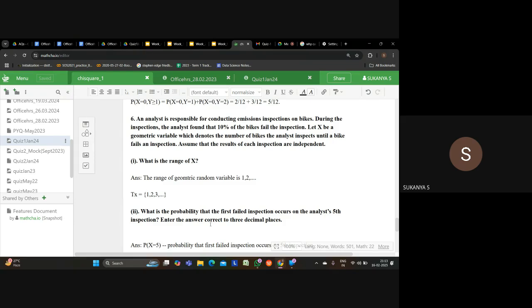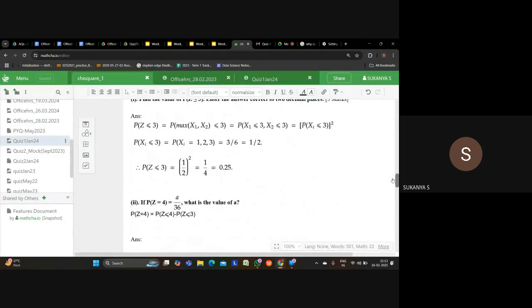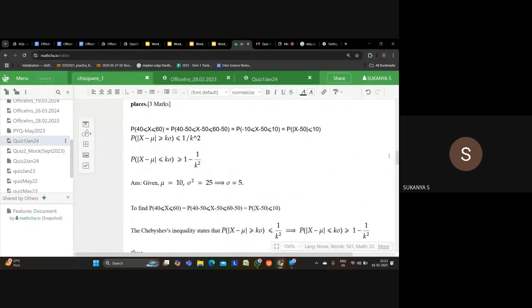And in between, to somebody who asked, yes, Markov inequality and Chebyshev inequality are given in your paper. It's the first formula of Chebyshev inequality, the greater than or equal to K sigma form, the one that you wrote at first. You get this one in your formula sheet. You can write it in reverse. One form is given.